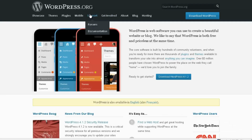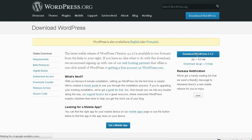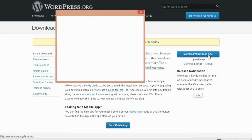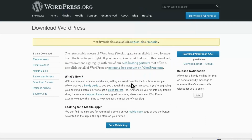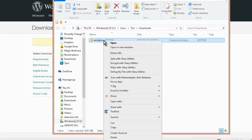So all you have to do is go to wordpress.org and then download the most recent version. You'll find it over here. And then you get to the next page and you want to download the zip file. And just save it to your computer. The next thing you want to do is you want to unzip this. So if you right click here, you can use the built-in extract feature in Windows and unzip it that way,